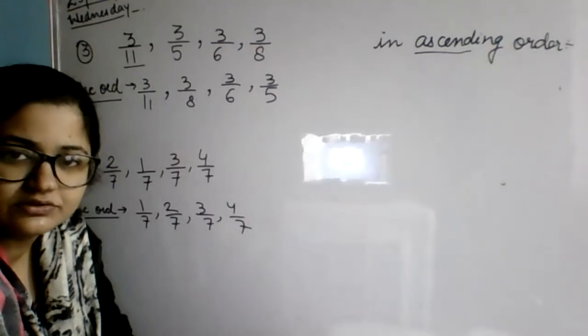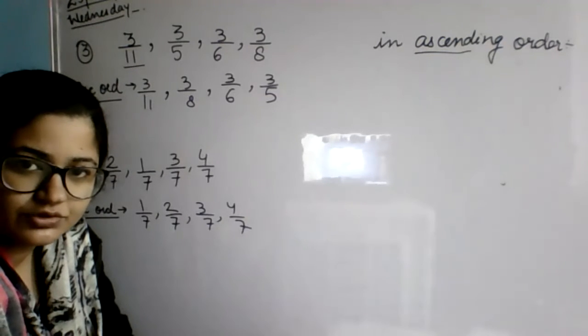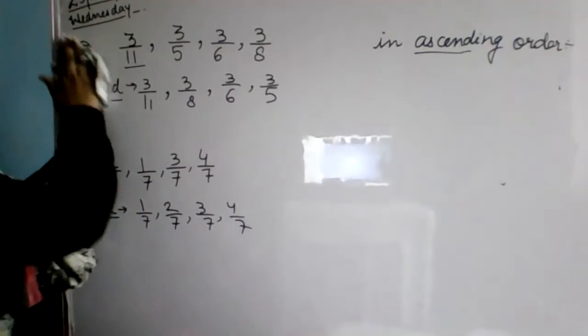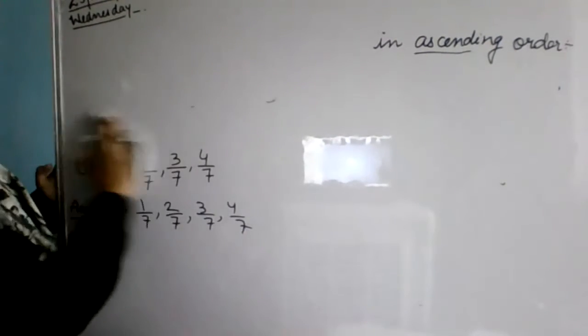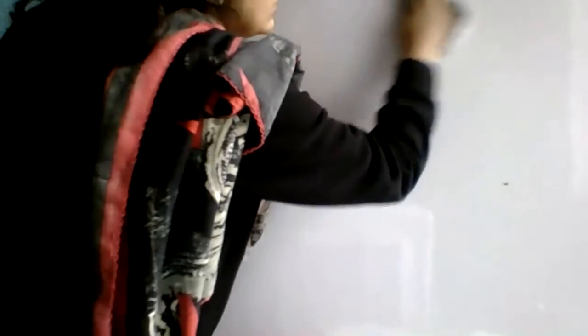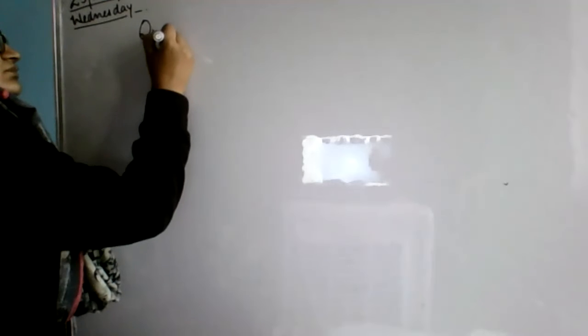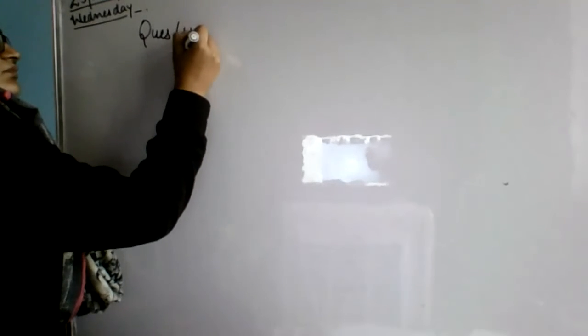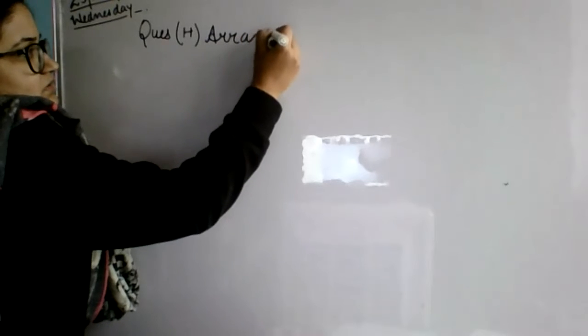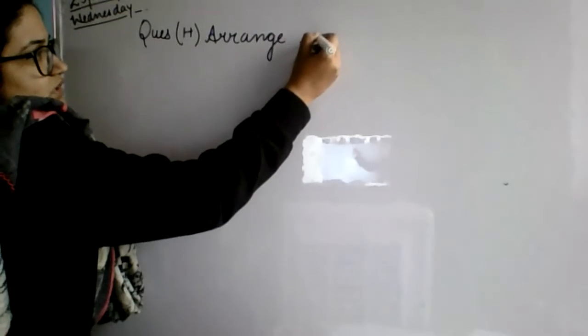Okay, now I'm going to rub this since the meeting is going to be over. So I'm going to rub this, start the next question. Now draw the line here only. Draw the line. Now let's start the next question. Question H. Arrange in